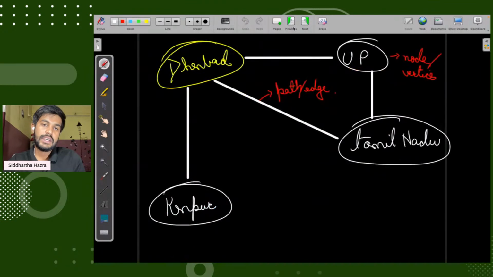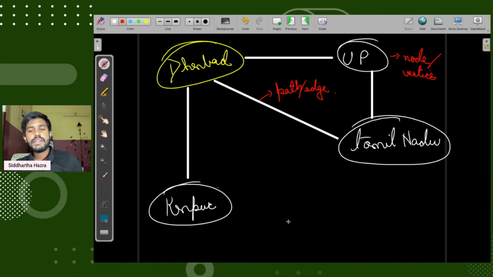Suppose we have Dhanbad, Kanpur, Tamil Nadu, and UP. These are connected. Why? Because from Kanpur I can visit all the other states. From Tamil Nadu I can visit all the other states. From UP I can visit all the other states.